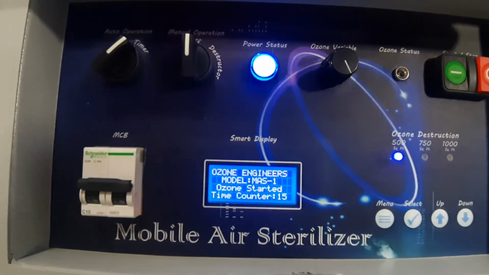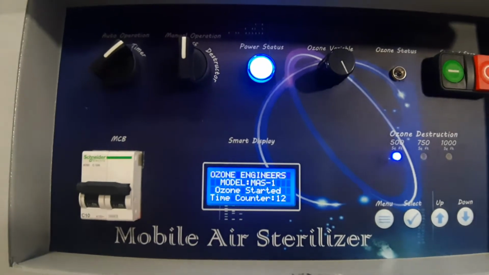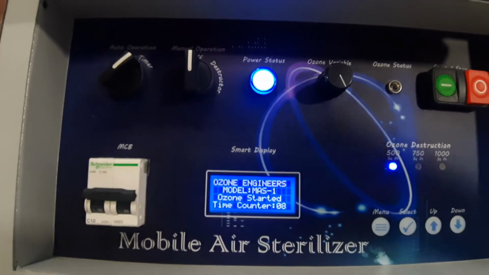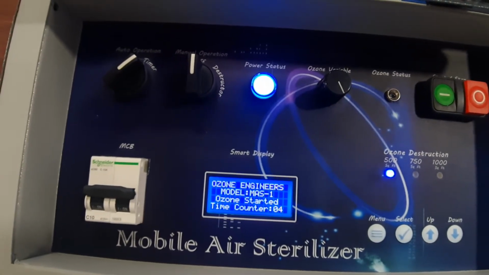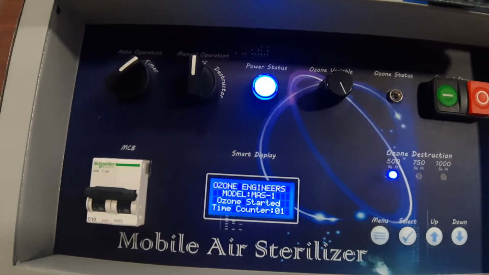The person operating the system needs some time to go out and close the door. For that purpose, we have given a 30 second delay timer. After 30 seconds, the machine starts automatically. Now it's 2 seconds, 1 second.